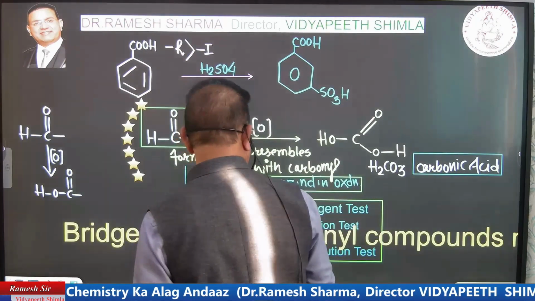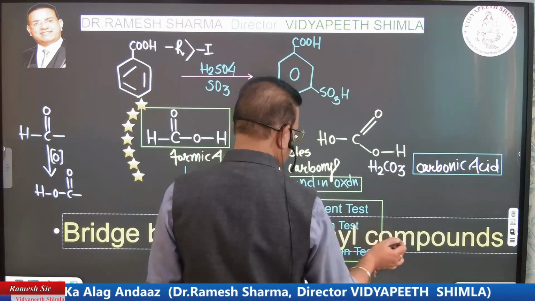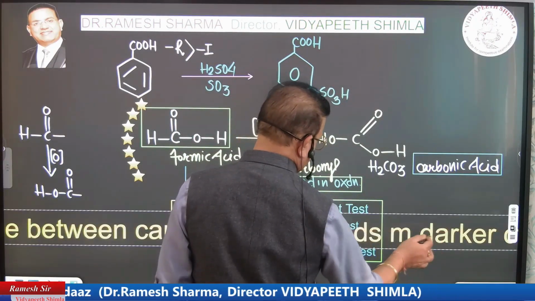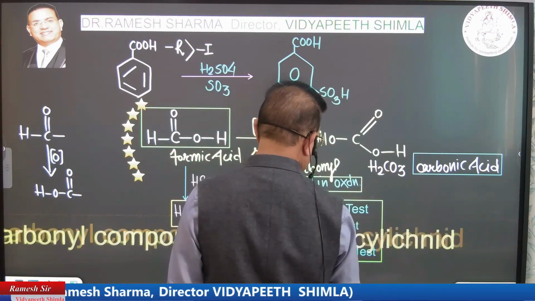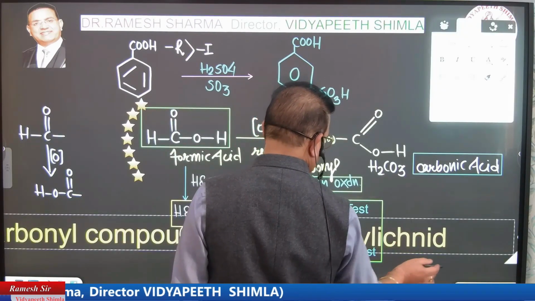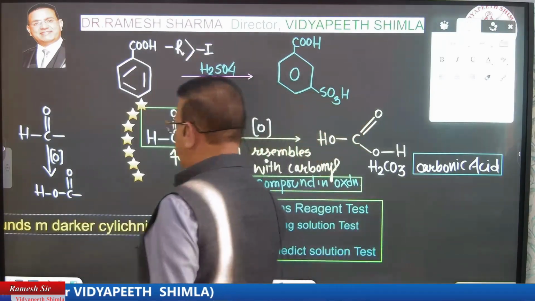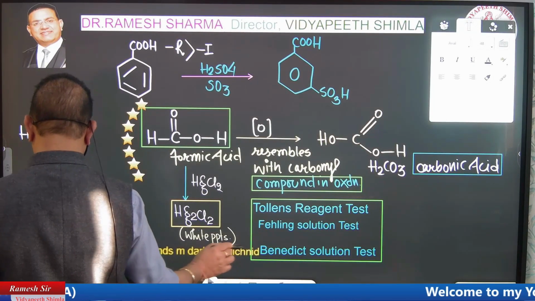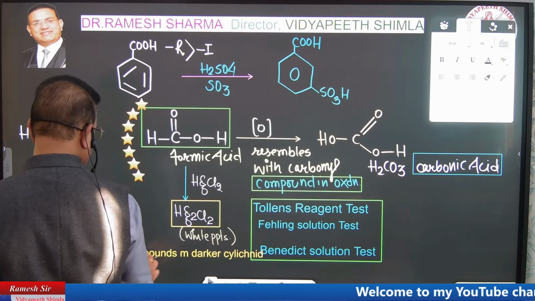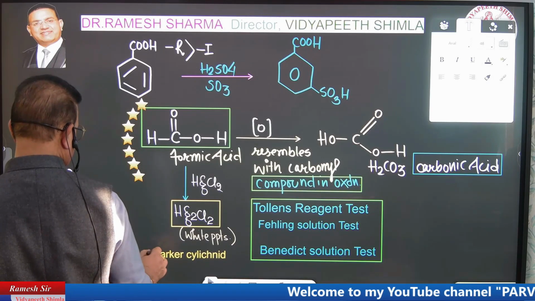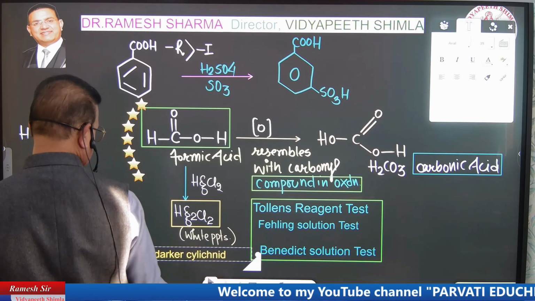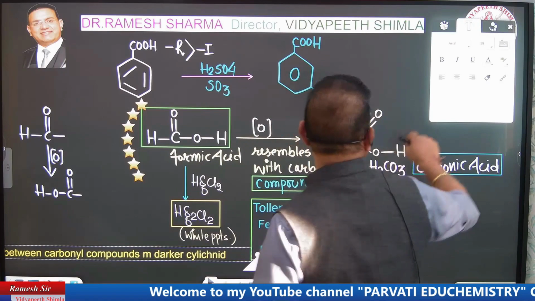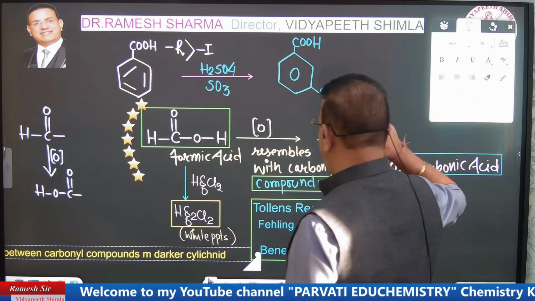Whereas properties other than oxidation, they resemble in their physical properties with